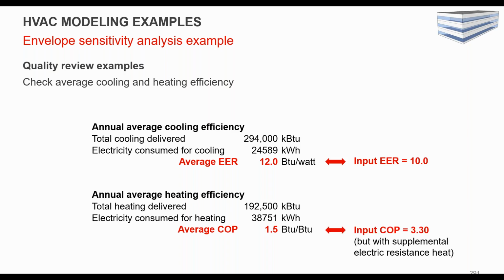Same thing on the heating side. So in this case, the heating COP is a lot lower, and the reason is that you have all this supplemental electric resistance heating, right? So again, the controls may dictate that you need to turn those electric heaters on whenever it hits, say, 20 degrees Fahrenheit and below. Good thing to double check and make sure that the equipment can operate down that low based on the manufacturer's data. So then there are some standards for that in 90.1 as well.